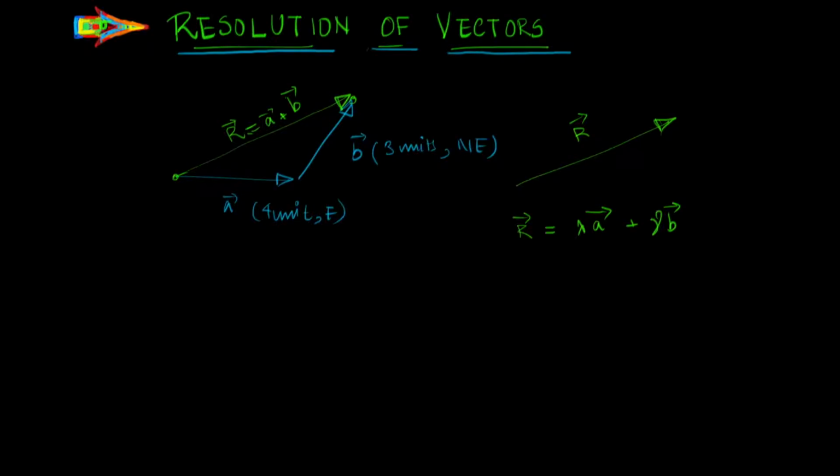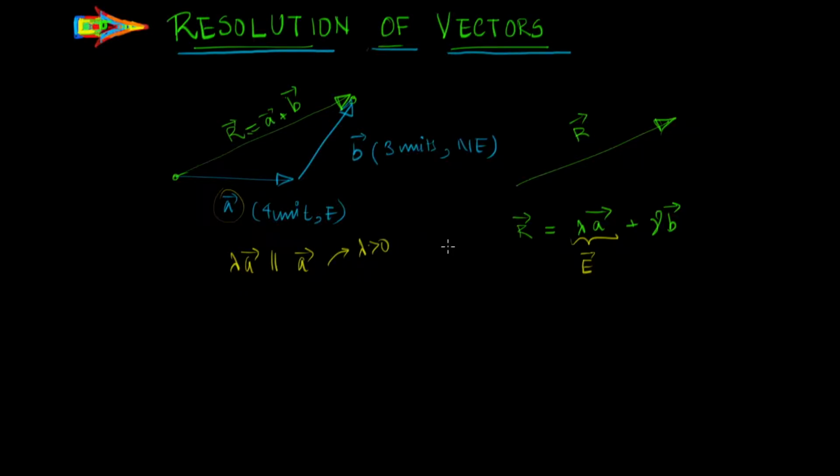Now, from our discussion in our previous videos, we know that if A points in the east direction, then gamma A is another vector which should also point in the east direction, as long as gamma is positive. Now, even if that's not the case, it will still point along the horizontal direction. So gamma A would be parallel to A. Lambda A would be parallel to A. So if lambda is positive,